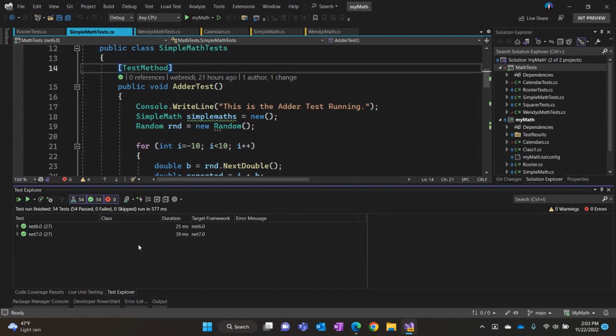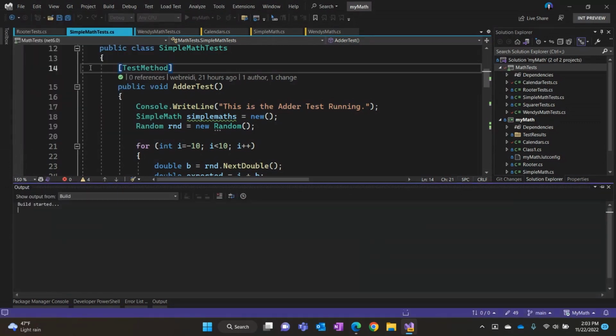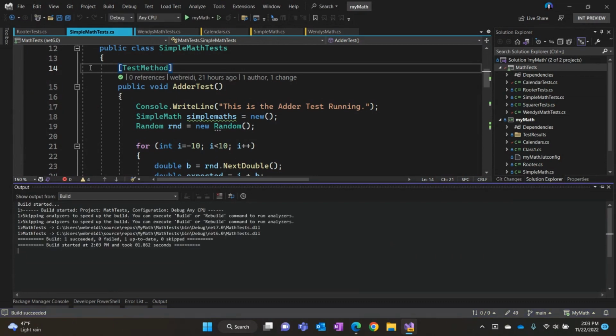Yes. The next thing: code coverage is hugely important with tests, making sure that you are testing every line of code that you have. And we've made some huge improvements, especially in performance, but also in the report that we generate with code coverage. So I'm going to go ahead and analyze my code coverage for all my tests. And of course, that's going to do another build.